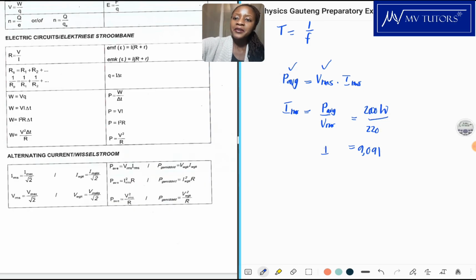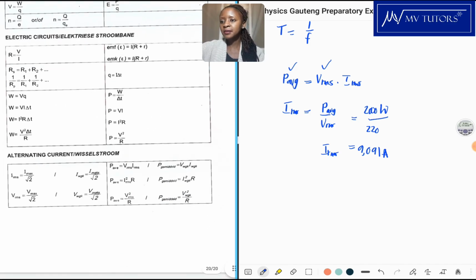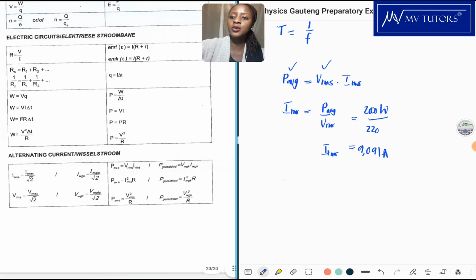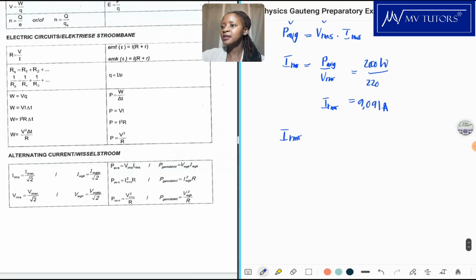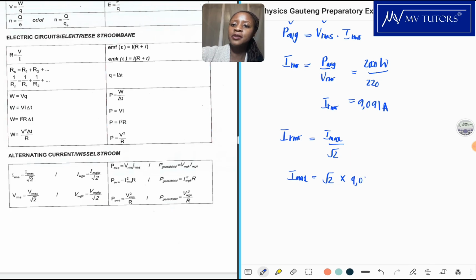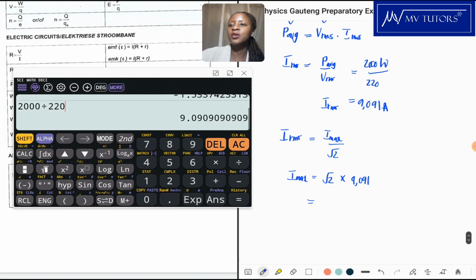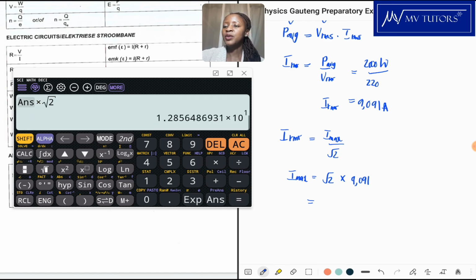So that's just the IRMS. That's not what they asked for. The answer is in amperes. They asked for the maximum. Okay, so we know that IRMS is equal to the maximum current over root 2. So the maximum current is equal to root 2 times 9,091. Without removing the answer from the calculator, we take that value and multiply it by root 2. And we get